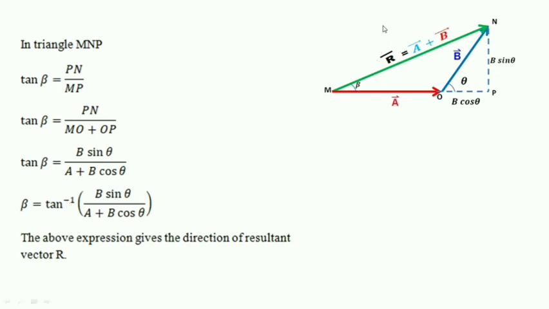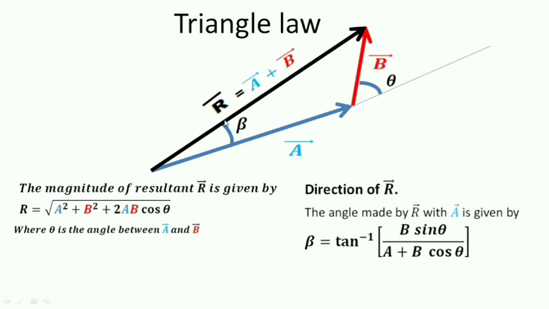So we got the magnitude of the resultant vector and we got the direction of the resultant vector. So using the triangle law we can find both the magnitude and the direction of the resultant vector of two vectors. Resultant vector means the addition of two vectors. So after adding a and b we are getting the resultant R. The magnitude of the resultant will be given by this expression,